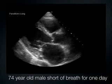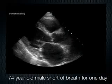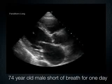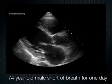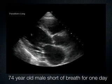And a couple things here. One is the mitral valve. I'm looking at the anterior leaflet of the mitral valve. It should come up and smack the septum. And I'm also looking at the posterior wall and the interventricular septum. They should squeeze together. And in this heart, neither one of those things are happening. Okay? So this mitral valve is not smacking the septum, and the septum and the posterior wall are not squeezing